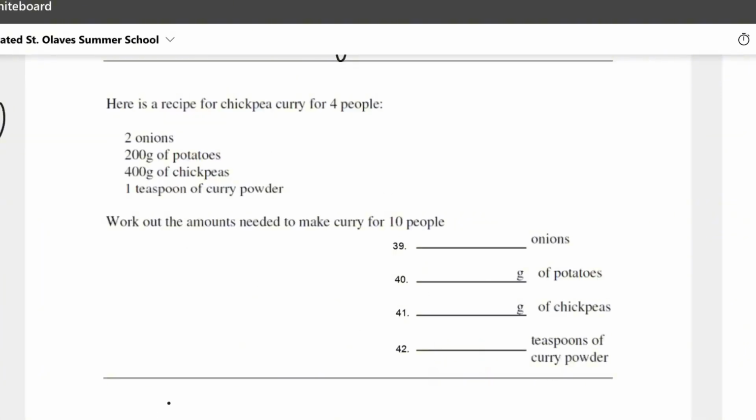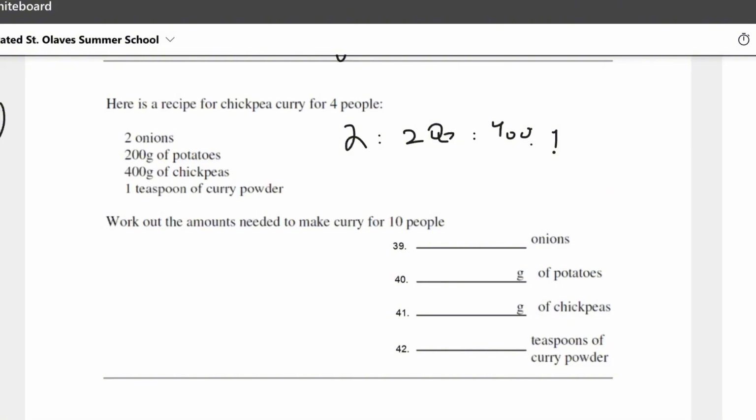So this is kind of a multi-step. We have 2 to 100. Let's try and figure out how much to make for one person. So our ratio now is 2 to 200 to 400 to 1 teaspoon. But to find 1, we need to do everything divided by 4 and then multiply by 10 to find it for 10 people. So that essentially ends up being 2,